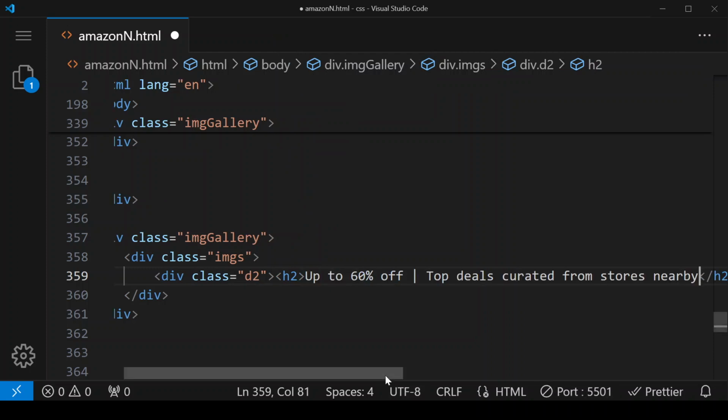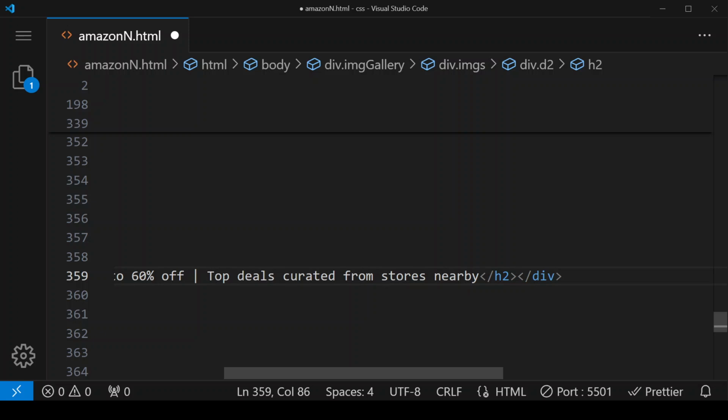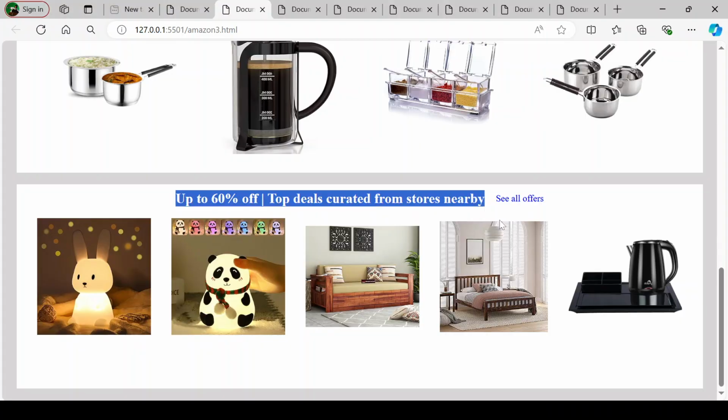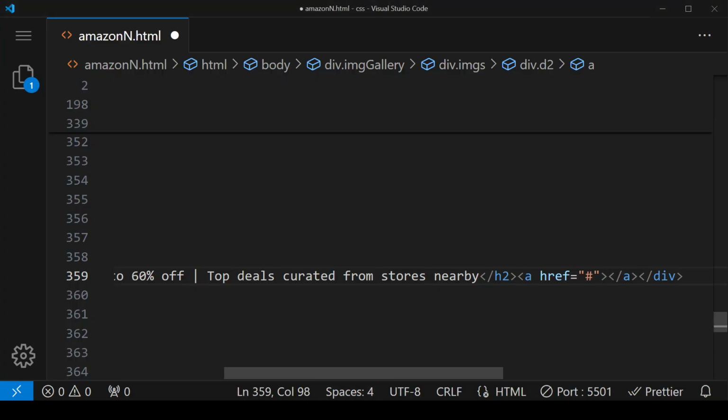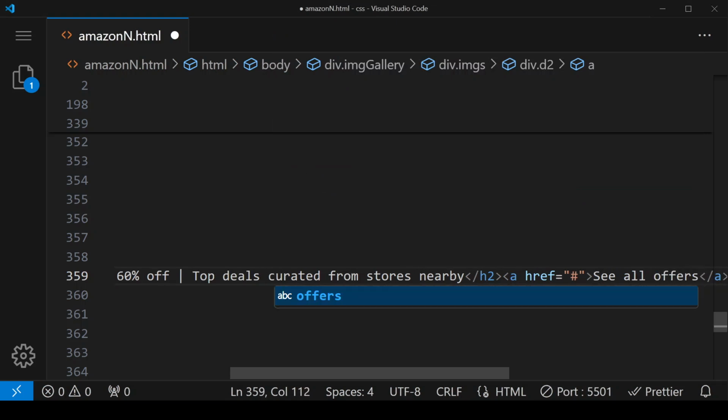So this is our text, and after this text we have to give anchor tag. And here we have to put see all offers. Save, and right now it is looking like this.